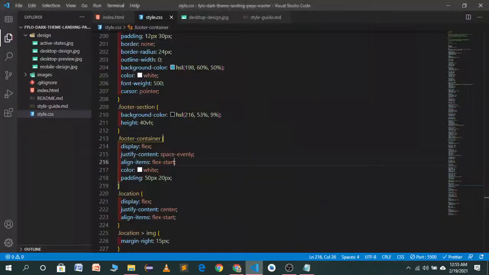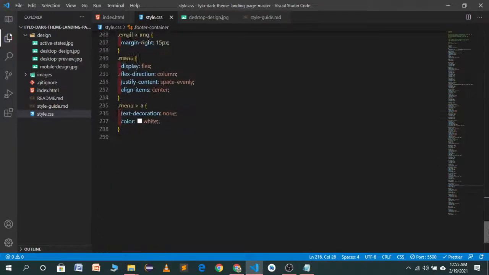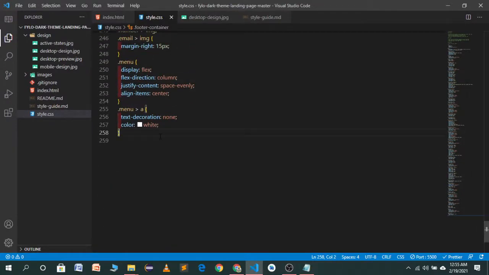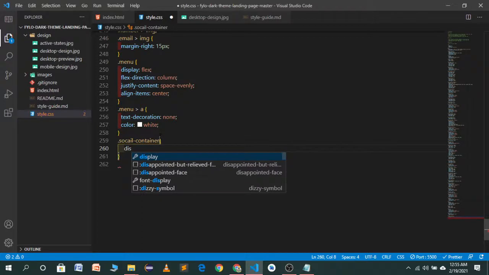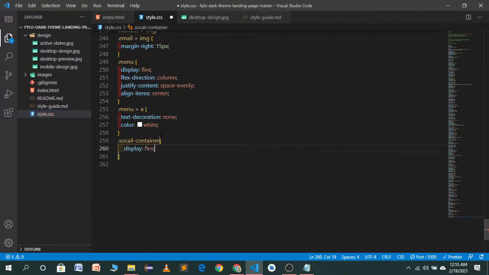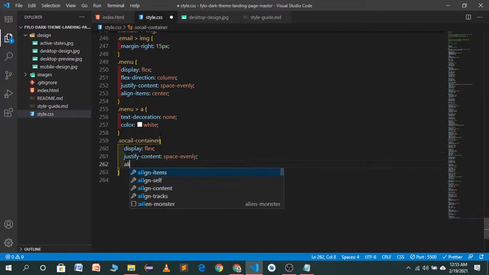So now target this social container. Dot social dash container. We will use display flex, justify content space evenly, align items center.